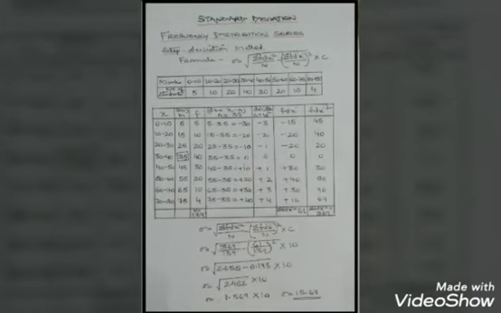Add up all the f dx square, that is sigma f dx square, you get 369. Now we are going to put this into the formula. So the formula is standard deviation equals square root of sigma f dx square upon n minus in bracket sigma f dx bracket close square upon n, into c. Let's put the values. Sigma f dx square is 369. As you have calculated, n, the total of the frequency, is 139, minus sigma f dx, which is 61, in bracket square, upon 139, into 10, because 10 is a common factor.